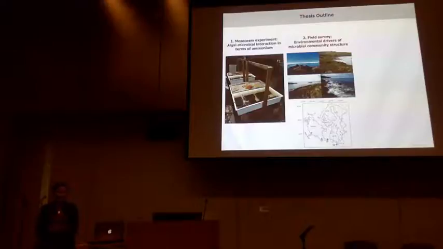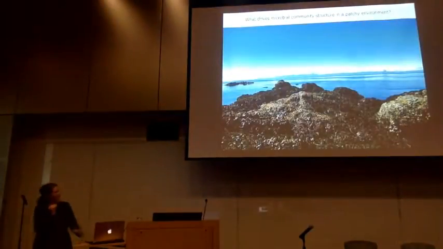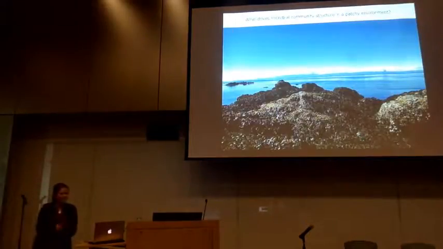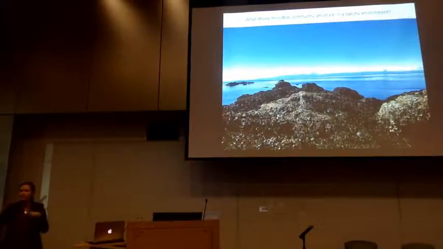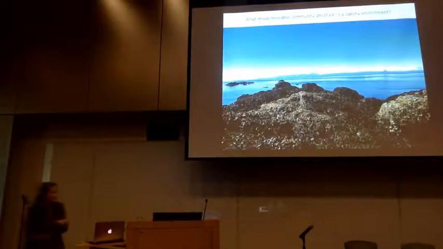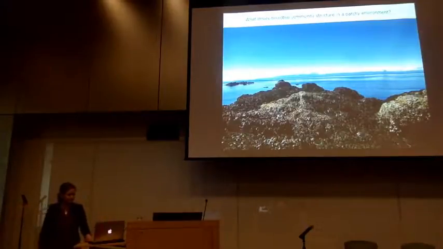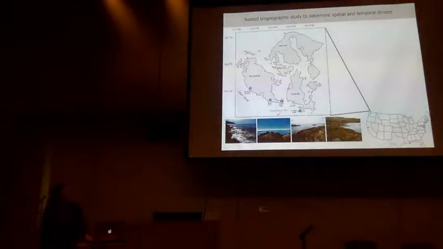So once I had an understanding of the potential range of algal-microbial interactions in terms of nitrogen availability, I was really interested in seeing how important these could be in an unmanipulated environment. I also had a vested interest in, like I said, leaving these tanks and going places like this. So the algal-microbial competition in terms of ammonium in the mesocosms was pretty clear, but what is driving that microbial community structure and distribution across a pretty patchy ecosystem? The topography is variable, the light is variable, the wave action is variable, and it covers a lot of real estate. So here I performed a nested biogeochemistry